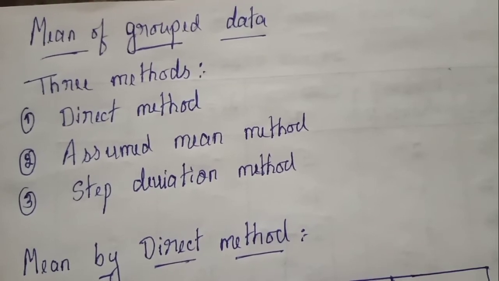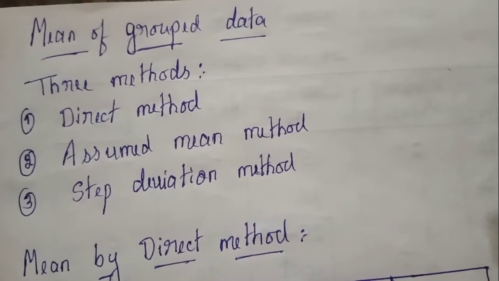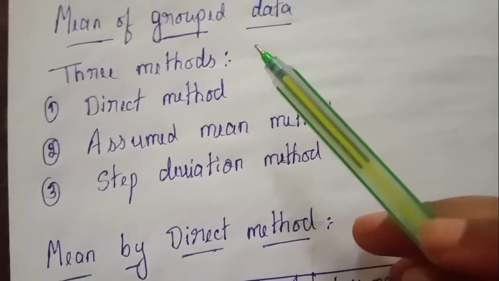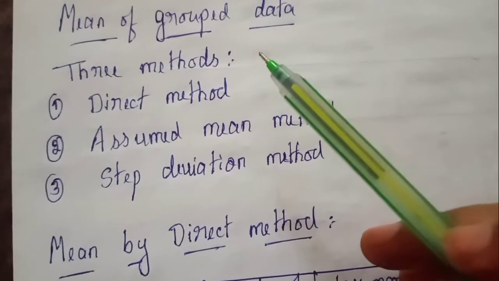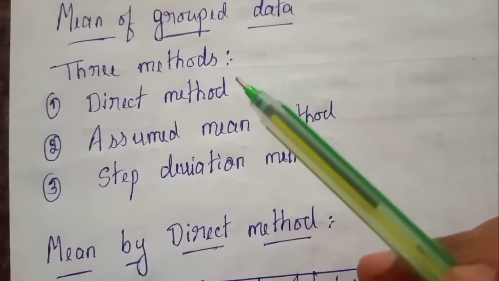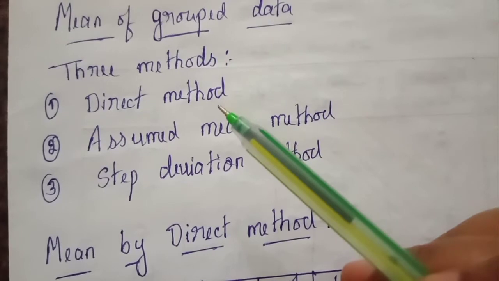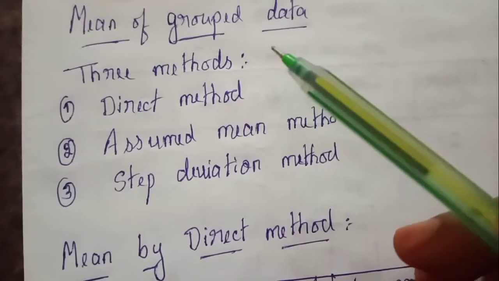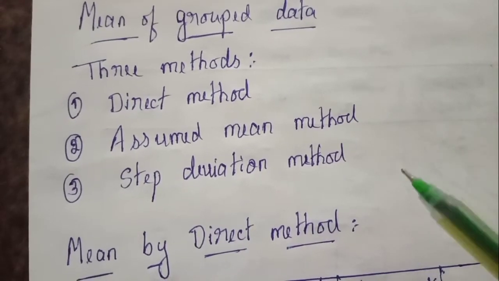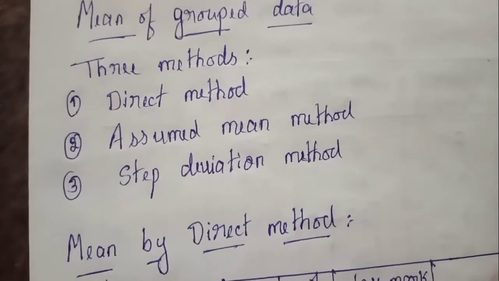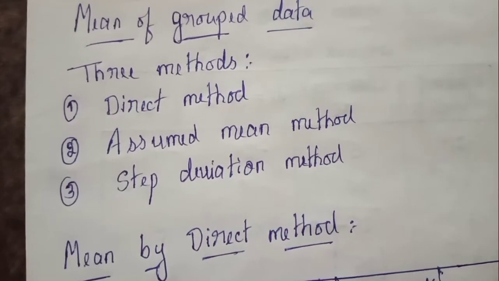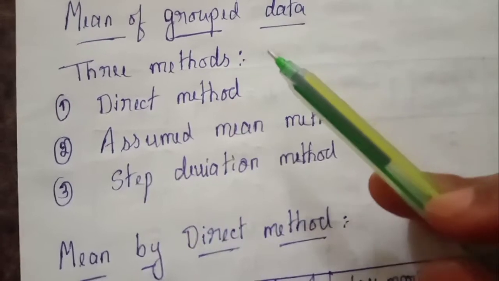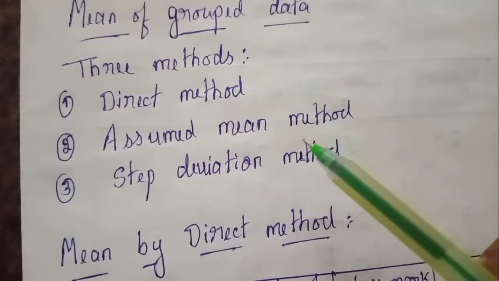So in the first exercise you have mean, how to find the mean of a group data. In the previous video you learned the meaning of group data. And in 9th standard you learned only how to find mean, median, mode for ungrouped data. But now in class 10th you are going to learn how to find mean, median and mode for group data. So in the first exercise you are going to learn how to find mean of group data.